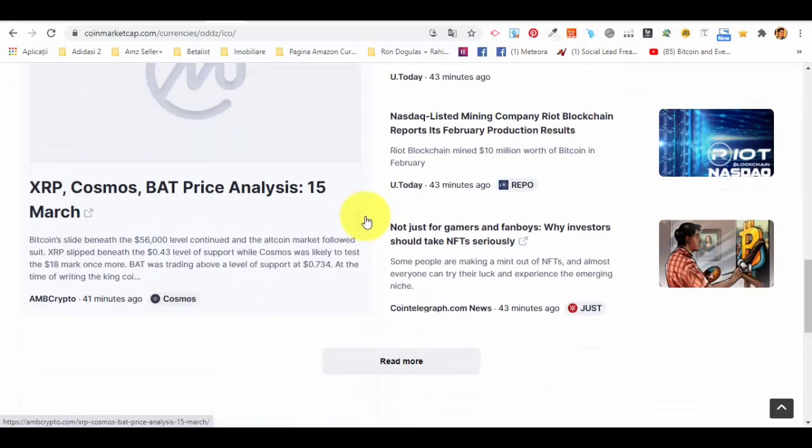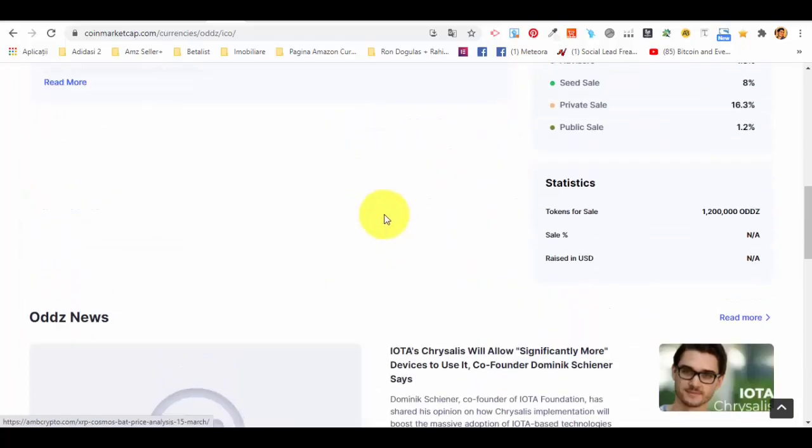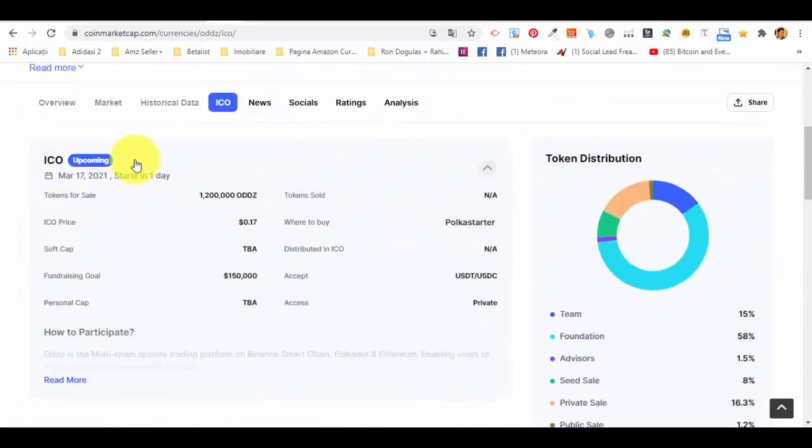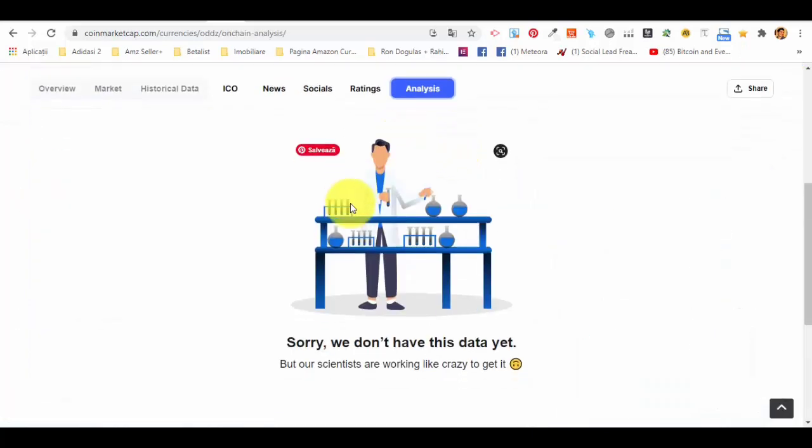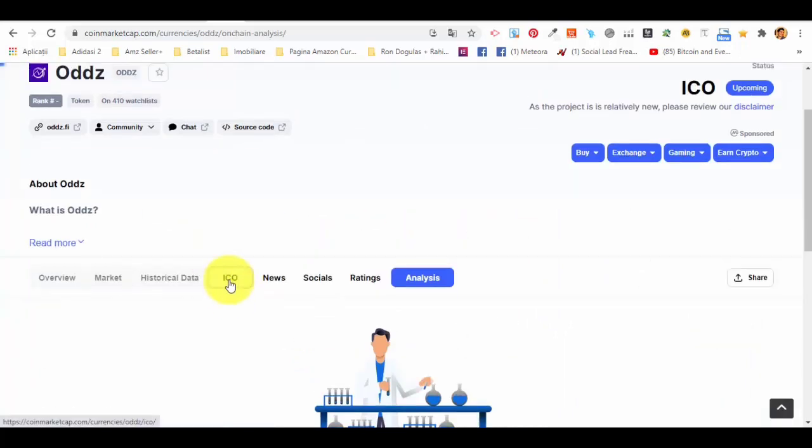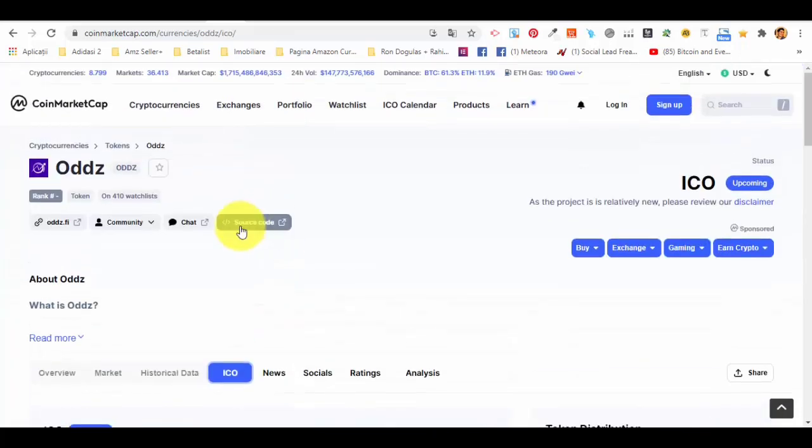Okay, and that's the information about the statistics. And then you have news, social, ratings, analysis. You also have an analysis here. We don't have this data yet for this ICO. Another thing that you can do is go ahead and check their website. You can see that they have a website here,